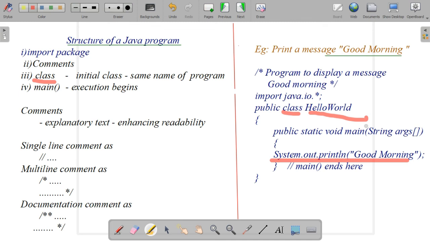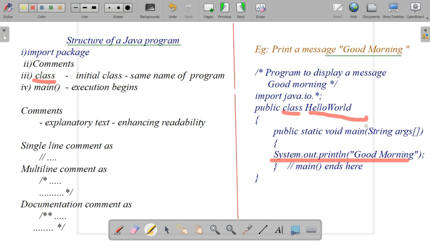That means when we are writing a Java program, we should remember all these points. First, import a package. Next, we need to write the class name, and along with that, we can write comments about the text or important messages according to that particular program. Exactly one initial class will be there in a program.